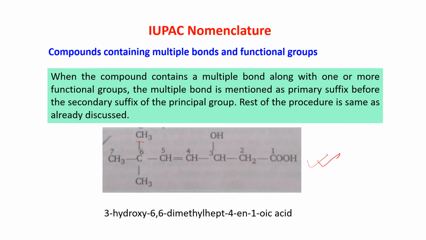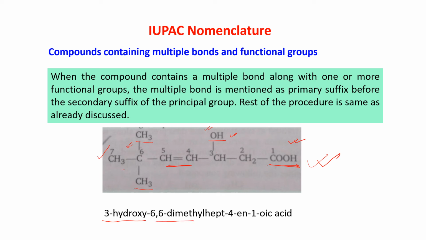Now here I am having a methyl group, here I am having an OH group, 1 double bond and 1 COOH. So COOH is the senior one, so it is getting number 1. So the numbering will be from right to left, 1, 2, 3, 4, 5, 6, 7. So it is a 7-membered chain. Now rest all will be your substituents. So I'm having hydroxy, and I'm having methyl, both in the 6th position. So dimethyl. So hydroxy and methyl, in the alphabetical order hydroxy, H is coming first. So the name of this compound is 3-hydroxy